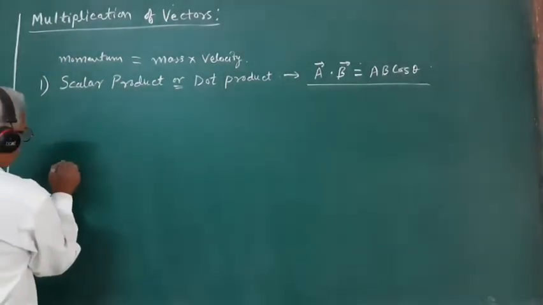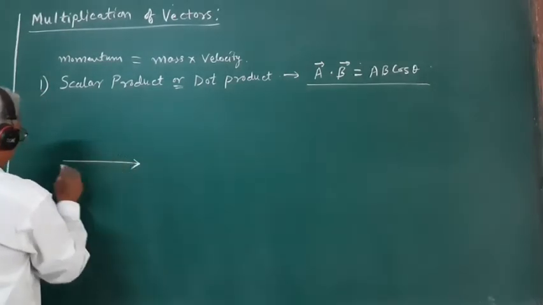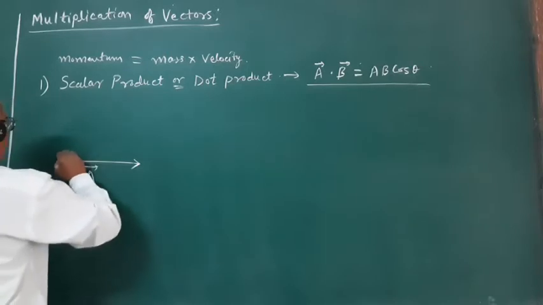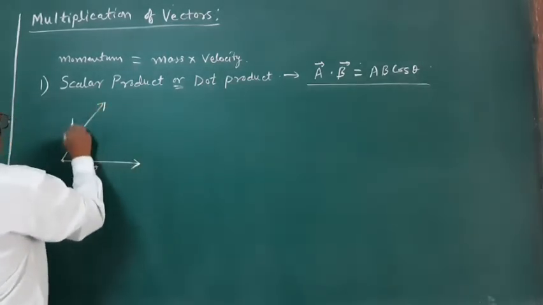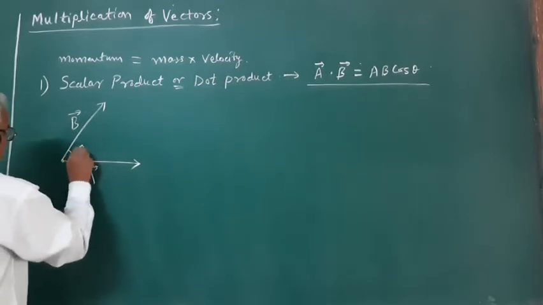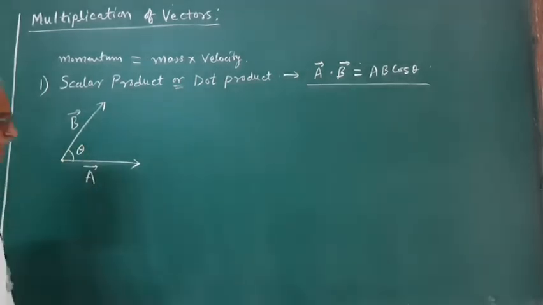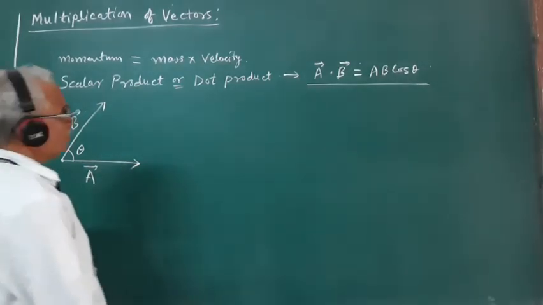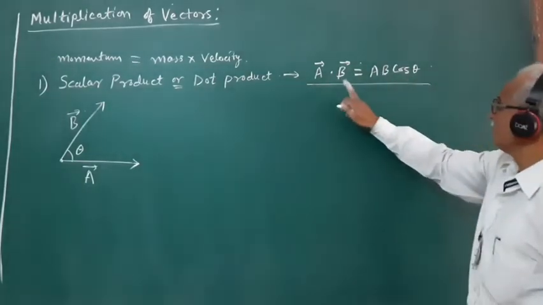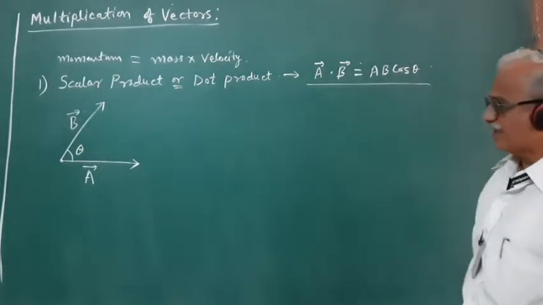So if we have the two vectors as say A bar and B bar, and this is the angle theta, the smaller angle between the two given vectors, then the dot product of these two vectors is expressed like this: a bar dot b bar is equal to ab cos theta,